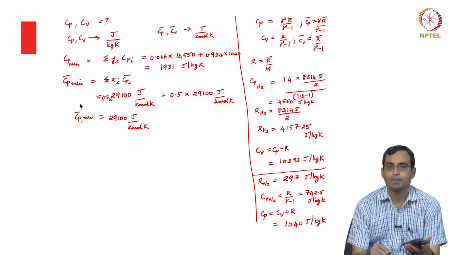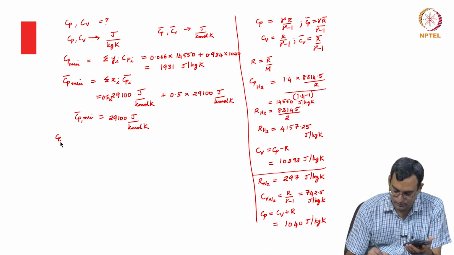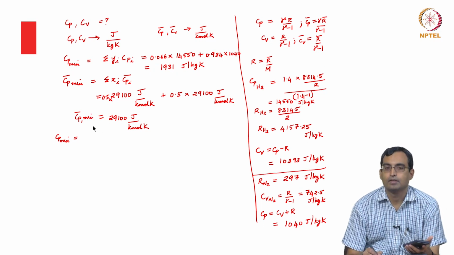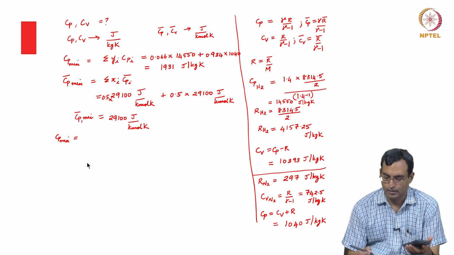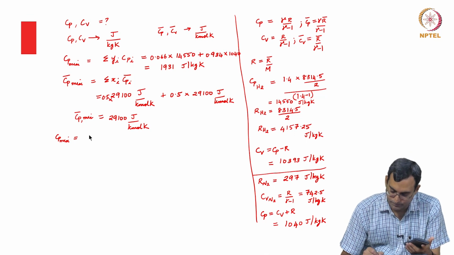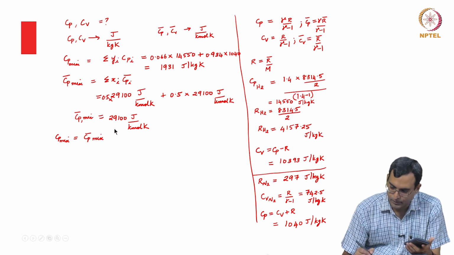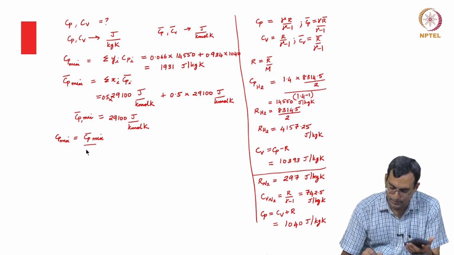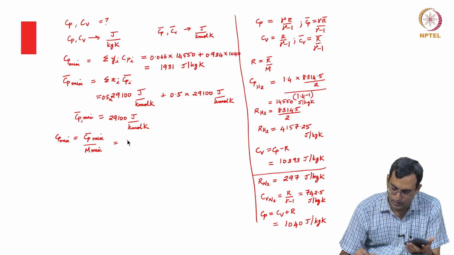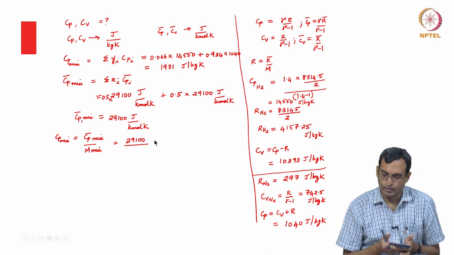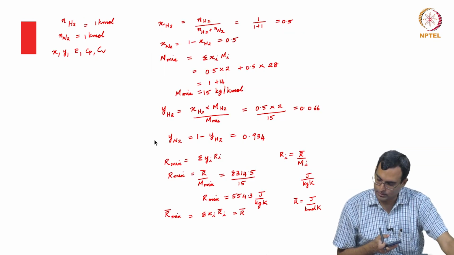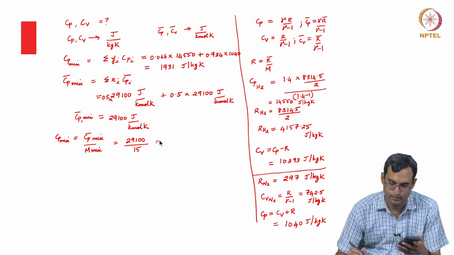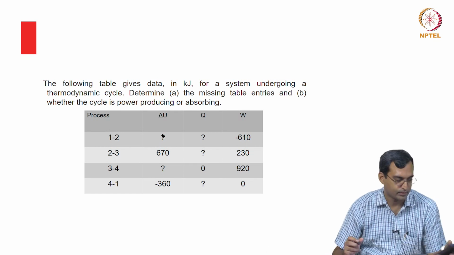Now, the way to find out Cp mix from Cp bar mix, this is per kilomole. I want something per kg, so I need to divide it by something which has units of kg per kilomole. The same way over here, if I want R, I divide R bar by M. Here I would divide this by the mixture molecular weight. So, this would be 29,100 divided by the mixture molecular weight, which we found as 15. Which will again give us